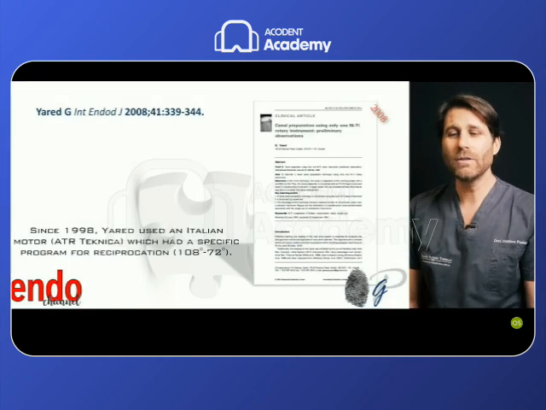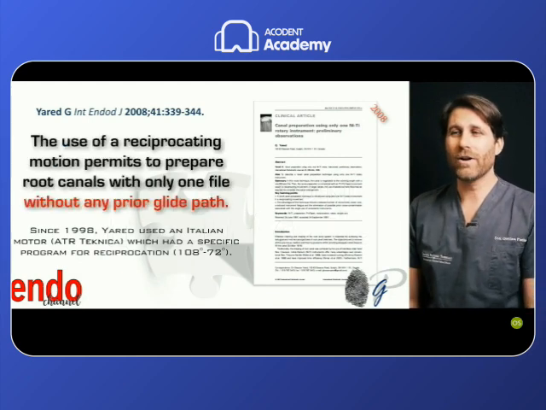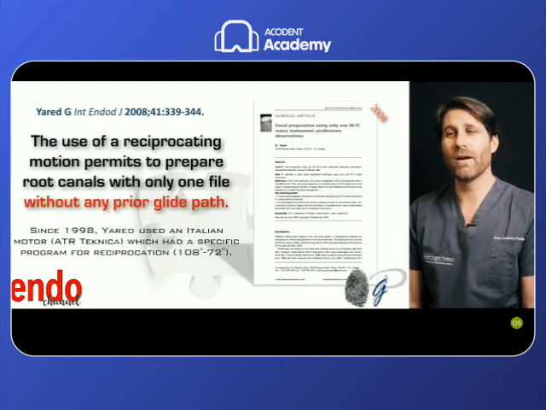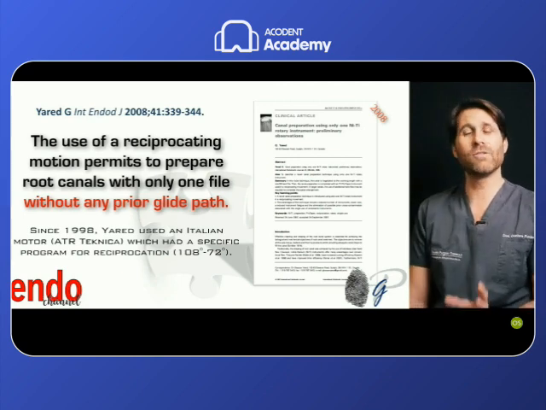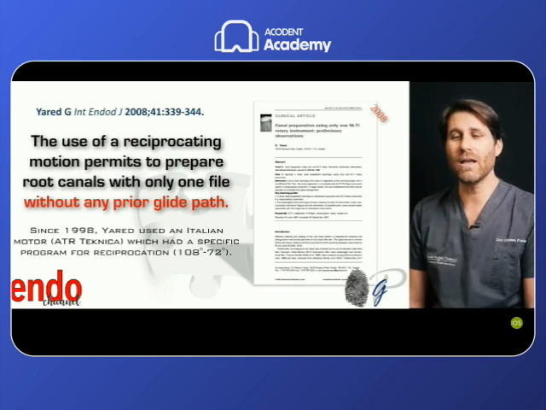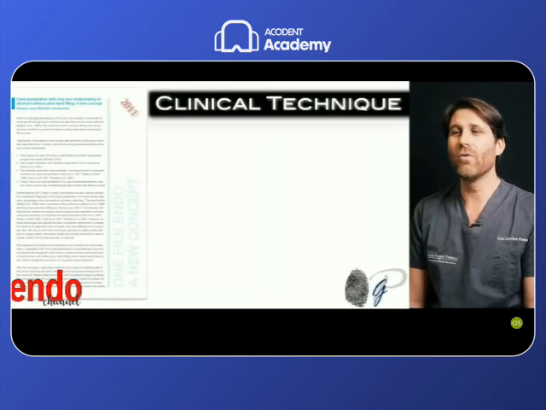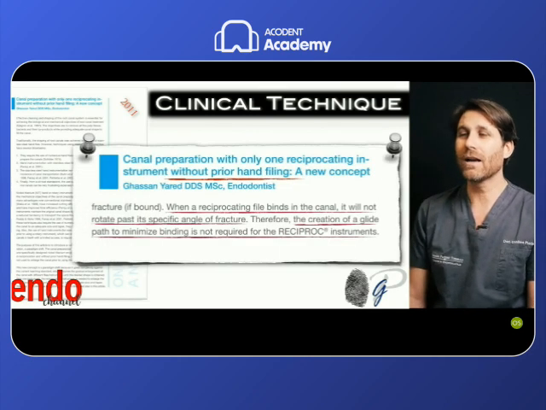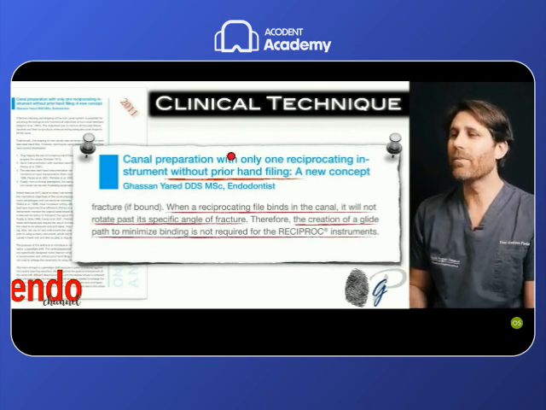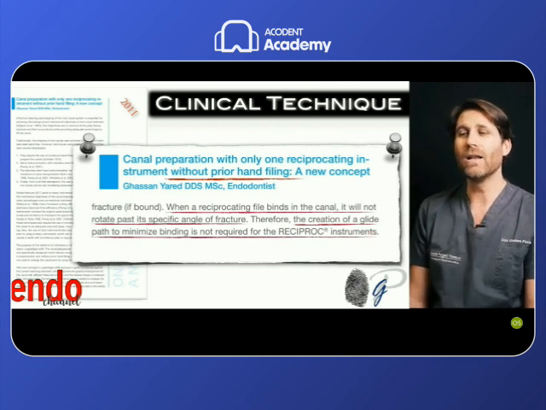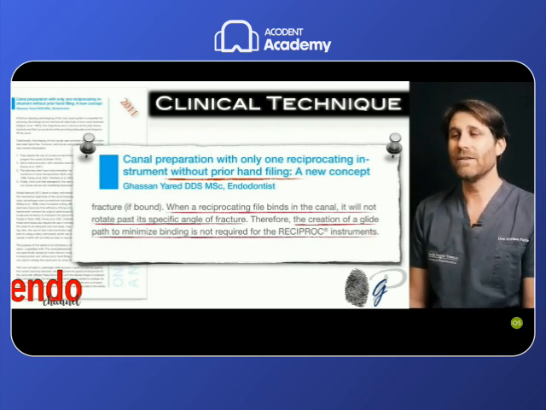We clearly know from the previous lessons that the use of a reciprocating motion permits us to prepare root canals with only one file without any prior glide path. Gassan-Yared introduced this technique in 2008 and has produced his own files on the market since 2011, in which the clinical technique described was without any prior hand filing, because when a reciprocating file binds in the canal, it will never rotate past its specific angle for fracture.